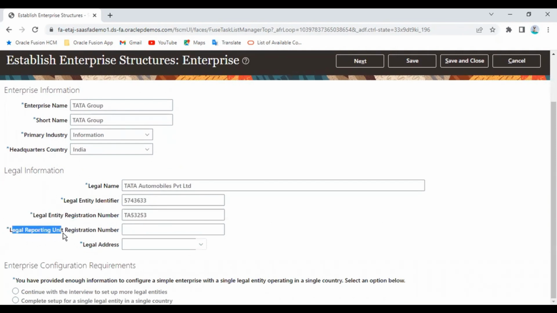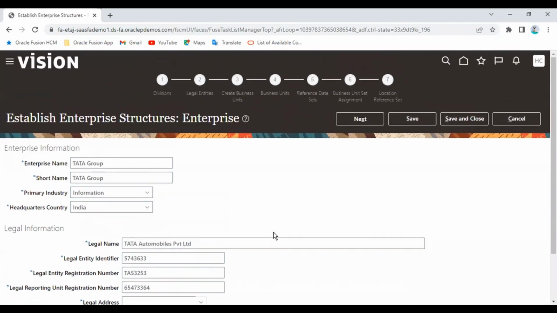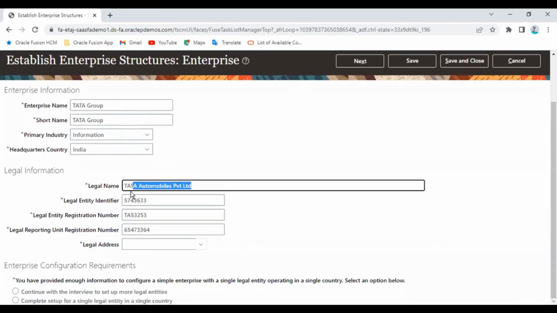Then the legal reporting unit registration number. This is the TIN number, the tax identification number, of our client's legal entity, which you have to capture. Whenever you configure the legal entity, you will be asked to provide the legal address. What is meant by legal address? Legal address means the company